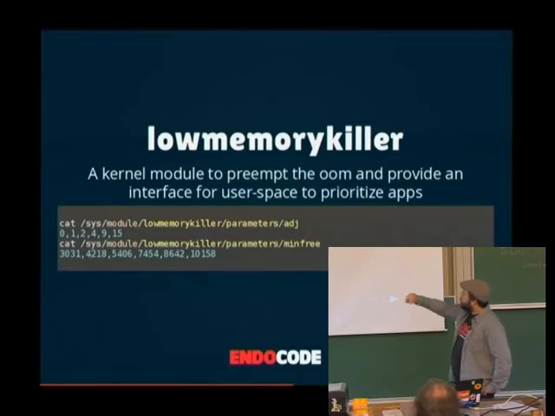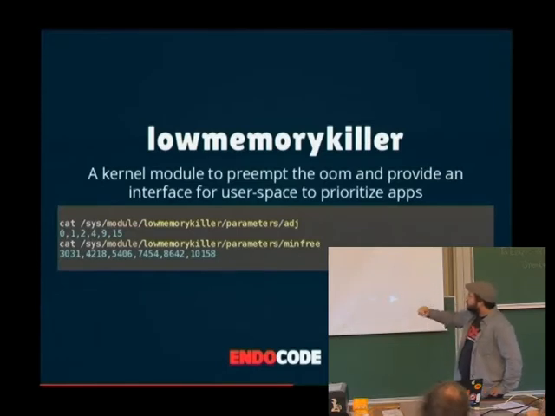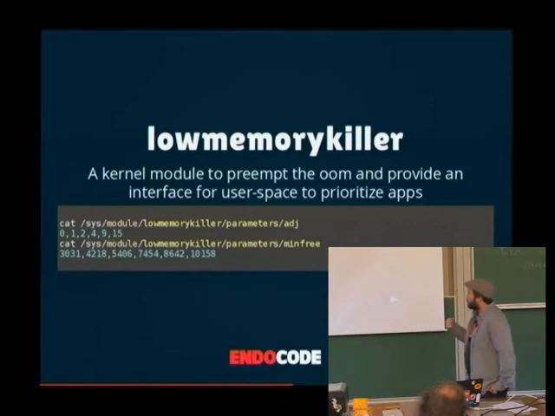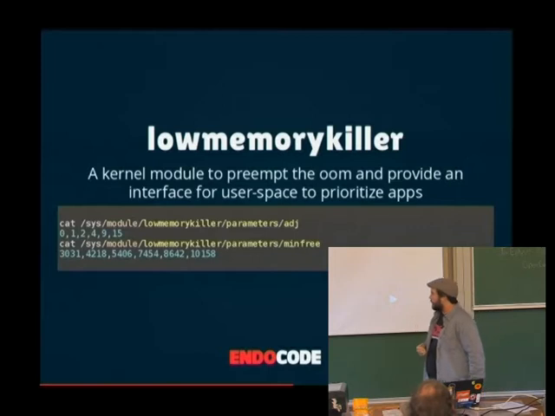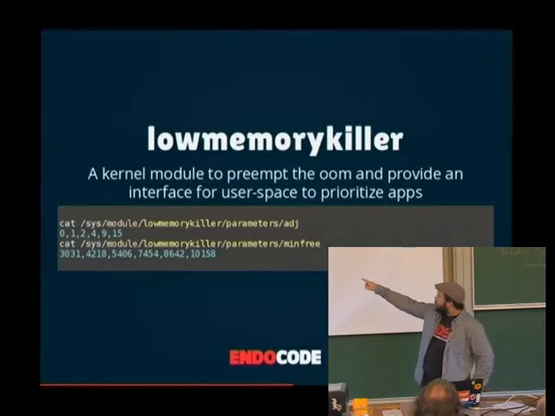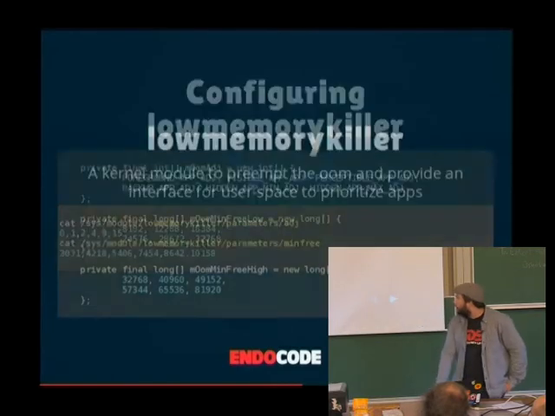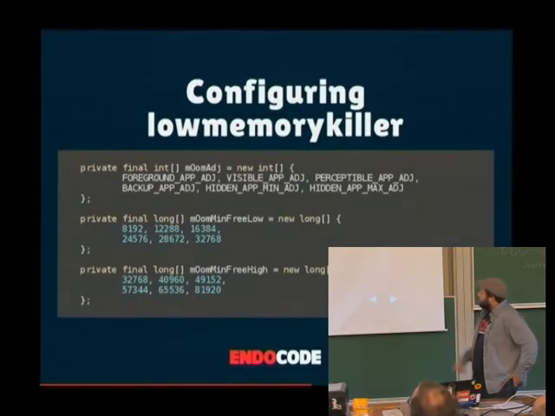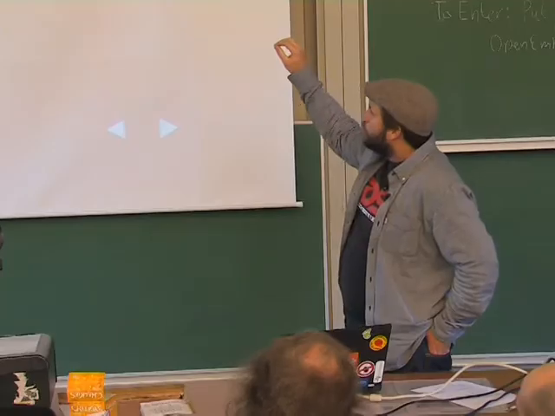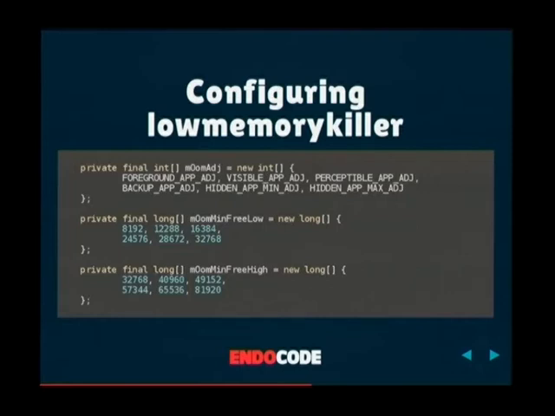Okay, and then you can see the min-free values. These are, I believe, in pages, so if it gets down below 10,000 pages, it'll start looking for the lowest priority apps to get rid of, and then so on and so on. So these correspond to a category, and then the point at which they will be considered to be killed. This is also in the ProcessList Java file, and you can see here you're basically defining which categories these are for. So all this kind of works together.